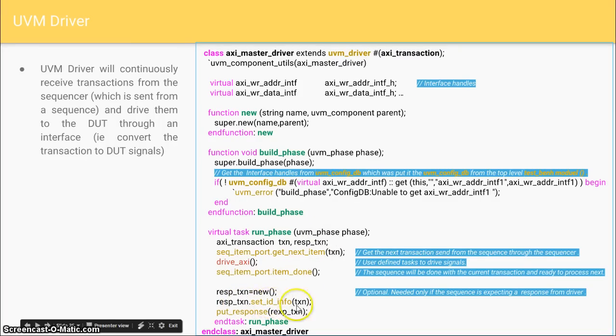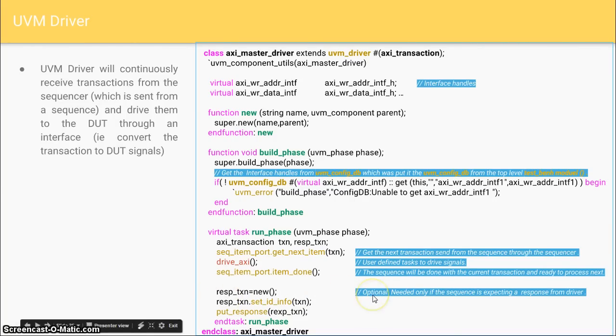Again, set_id_info is a UVM function which will copy the transaction ID of this particular transaction to this response transaction. After that, you can fill the fields in the response transaction as needed, and send the response by calling put_response of the response transaction. If that is the case, your sequence will wait for the response transaction before sending the next transaction. So this part is optional.